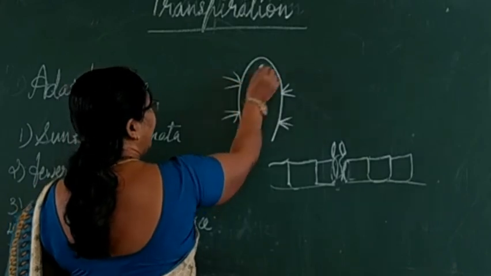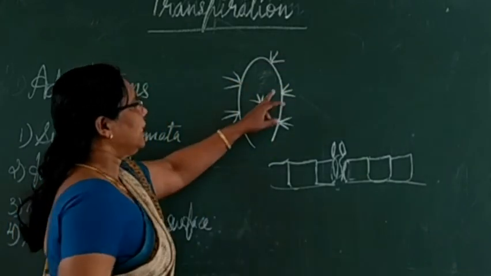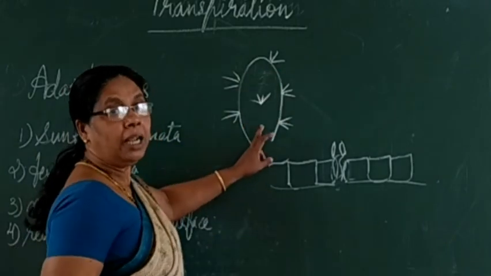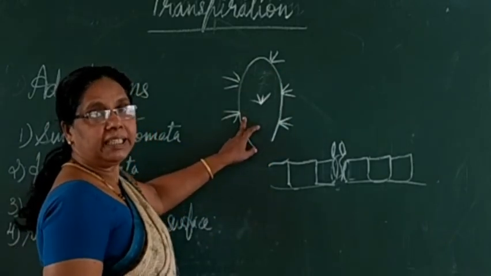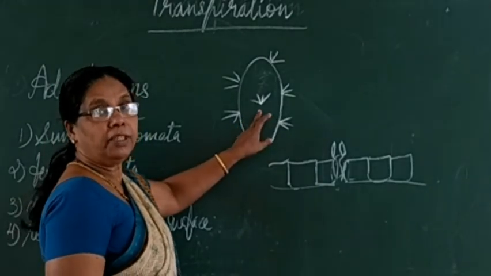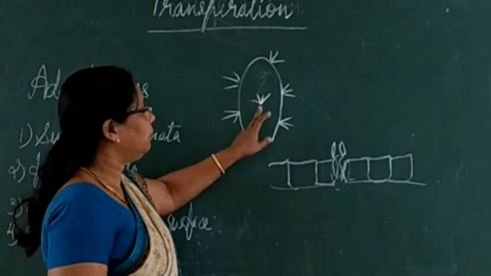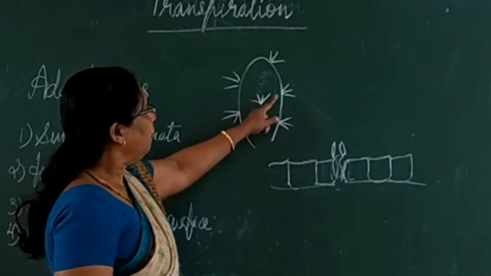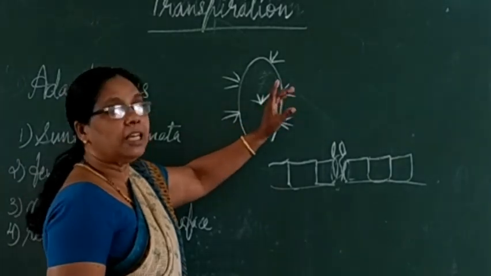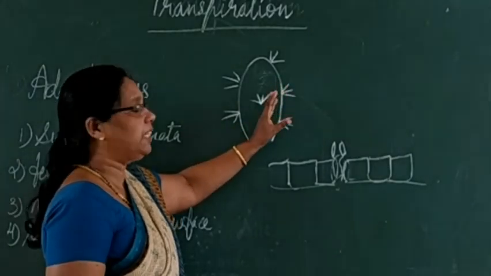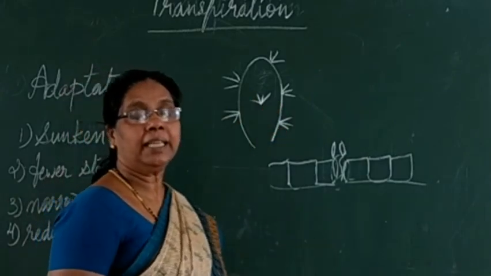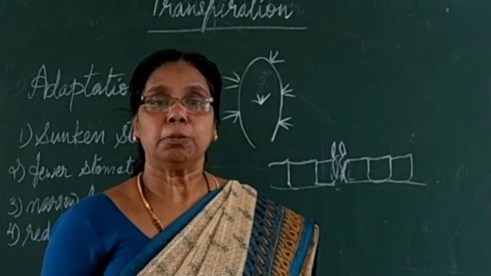Everywhere you can see these spines, and we get confused with them. This is a card-like structure, it is broad, and we will think this is a leaf. Actually this is the stem, a thick fleshy stem which stores water, especially as this is a desert plant. Whereas leaves will be reduced in the form of spines. If leaves are broad, more transpiration takes place. So these leaves are reduced into spines, and thus it can reduce the transpiration.